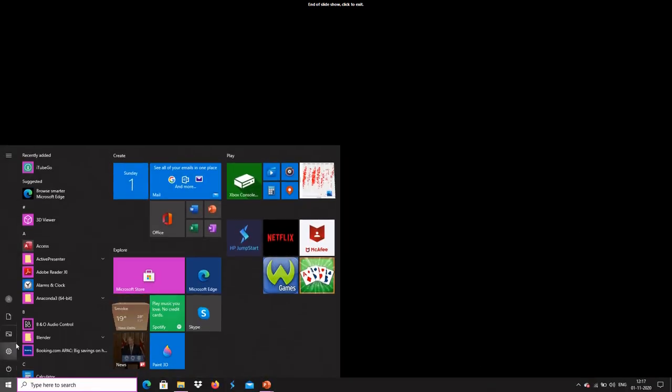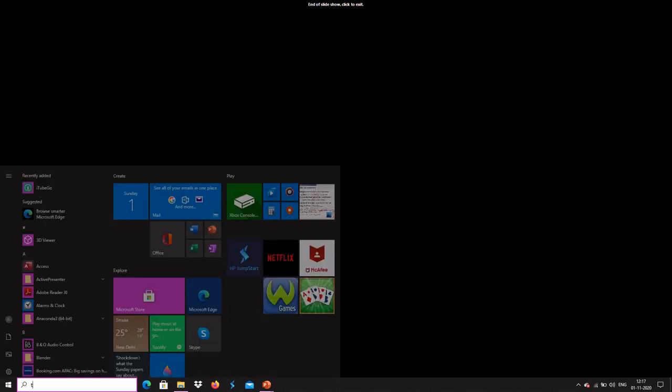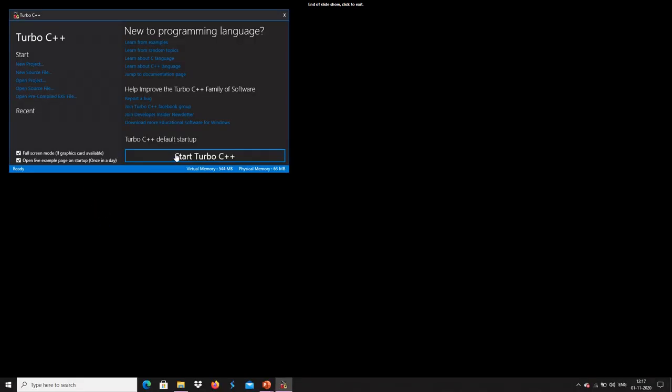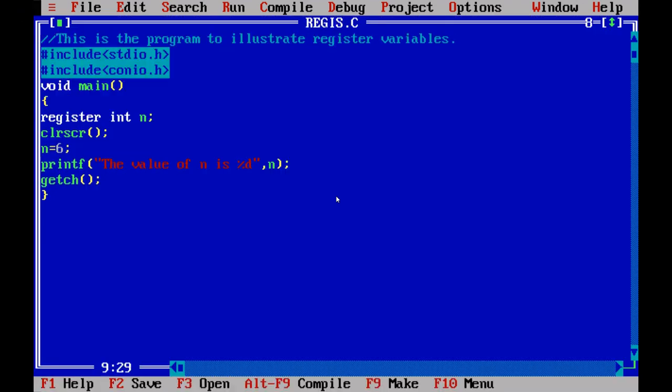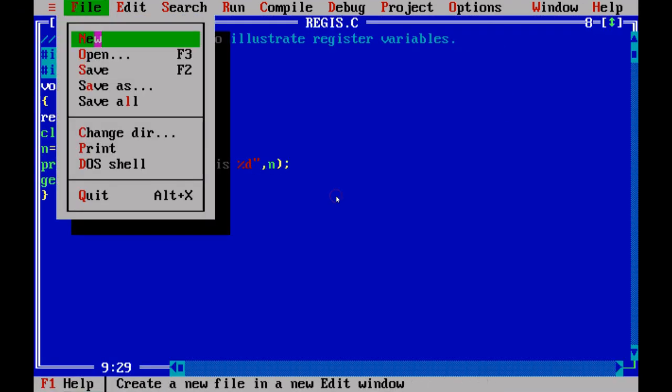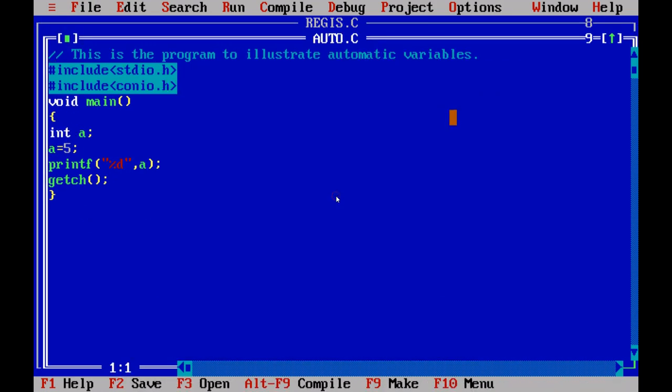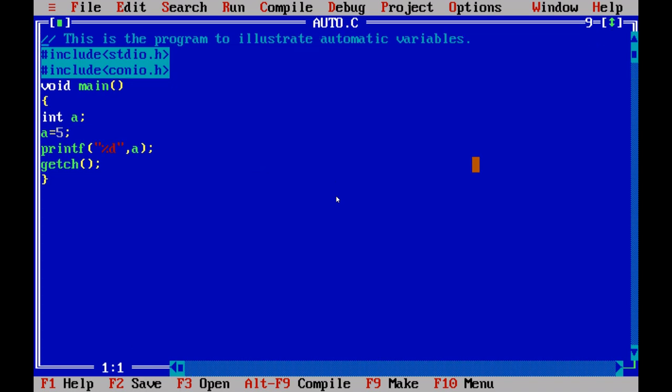And next we are going to discuss the examples of these storage classes. Yes, first we are going to discuss the example for the automatic storage class. You just see here. This is the program to illustrate the automatic storage class.